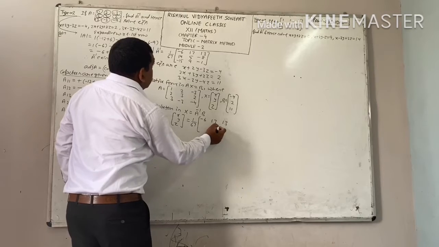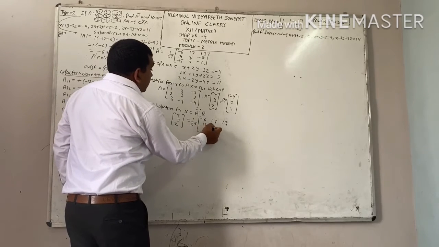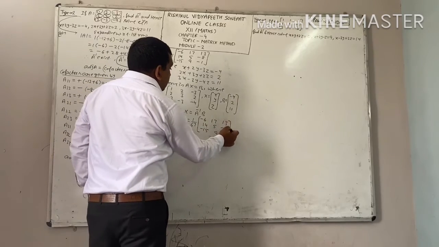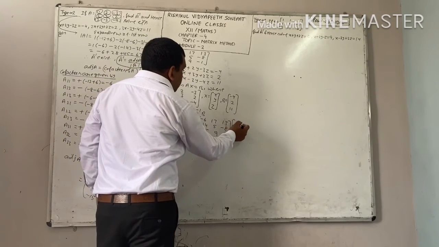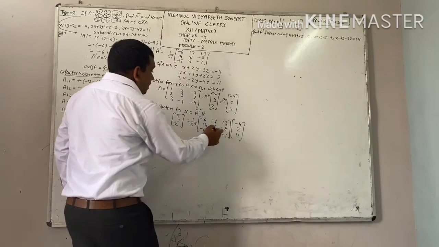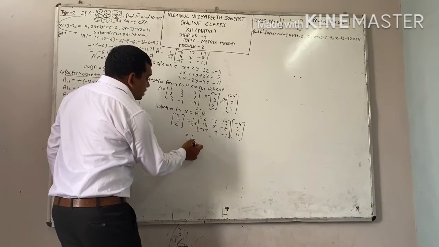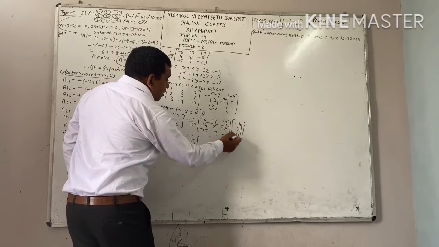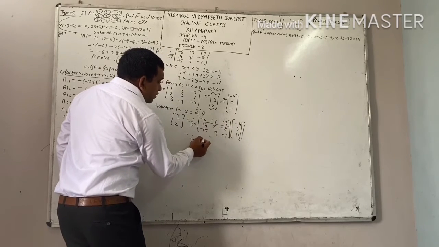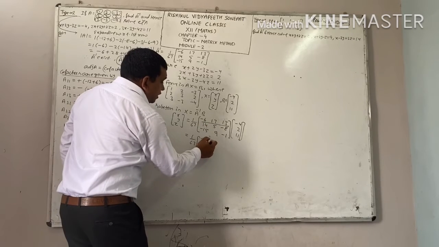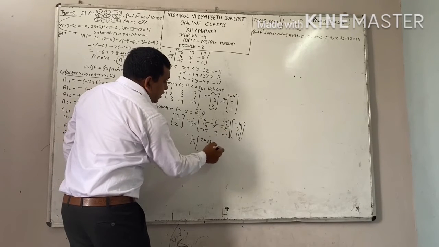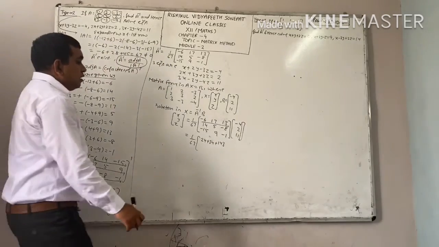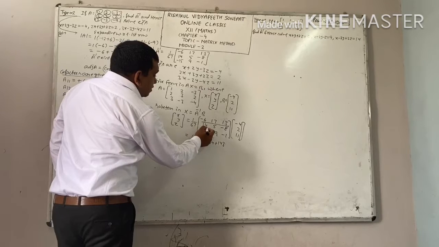Minus 6, 17, 13, 14, 5, minus 8, minus 15, 9, minus 1. B is your minus 4, 2, 11. Now multiply these two matrices, you will get 1 by 67. Now multiply. Minus 6 into 4, minus 24. 17 into 2, 34. 13 into 11, 143. Right? Next, multiply the second row.